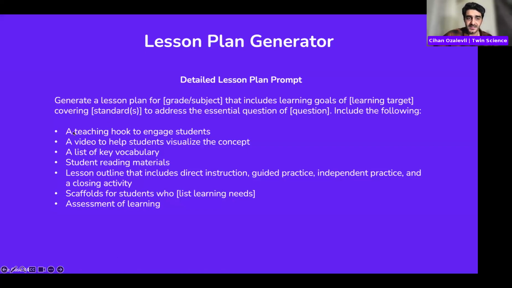As you can see, there are more tasks on what ChatGPT needs to do. We want a teaching hook to engage students. We want a video to help students visualize the concept. We want a list of key vocabulary. We want student reading materials, a lesson outline that includes direct instruction, and all that, right?